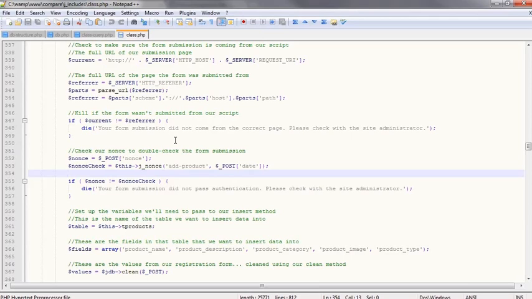Okay, we want to do a nonce check, and so on and so forth, and get in there and get creative, because there's literally a bunch of different ways that all different kinds of scripts do it, and each one will tell you that the way they do it is the best way to do it. So do some research on your own, and you have to make your own decisions about what you think is the best way to do stuff. And again, this is where, when we get into when you release stuff, then